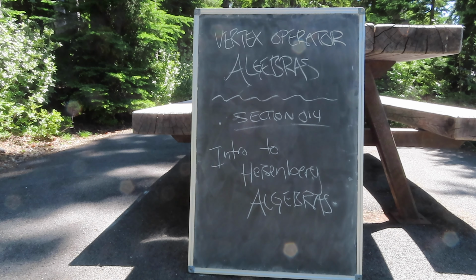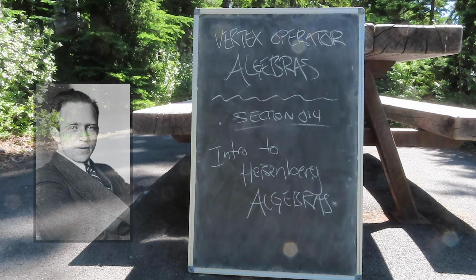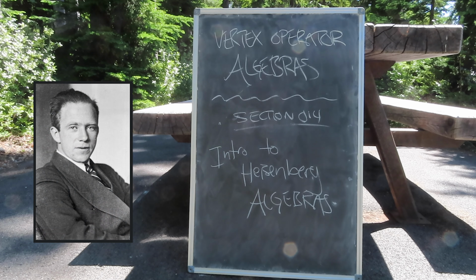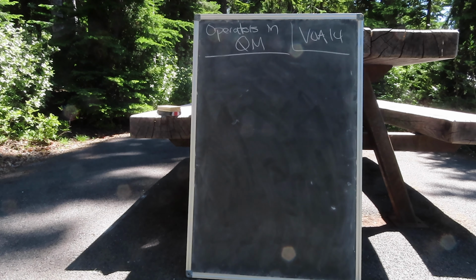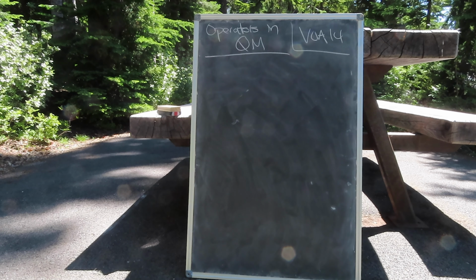In this, the 14th episode, we'll start a new series to investigate a special class of Lie algebras, the so-called Heisenberg algebras. The name, of course, stems from the canonical commutation relations discovered by Werner Heisenberg in his original formulation of quantum mechanics. To motivate these constructions, we start with a lightning review of the relevant operator algebras in quantum